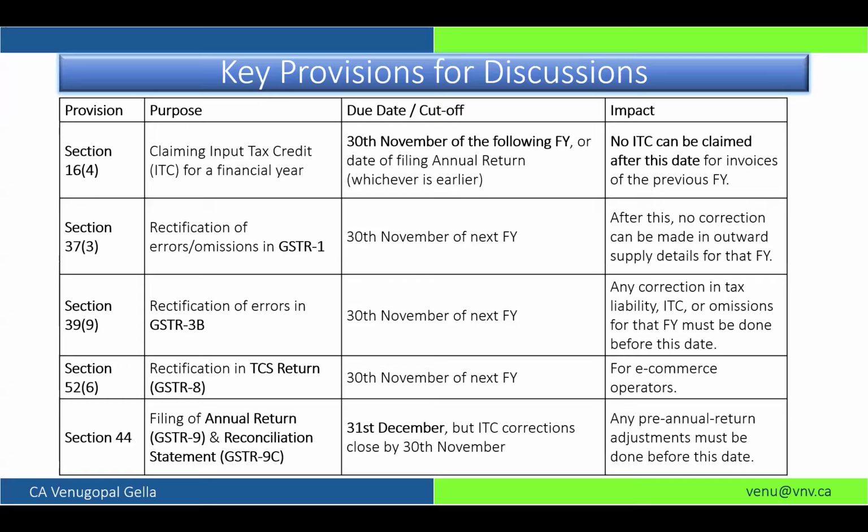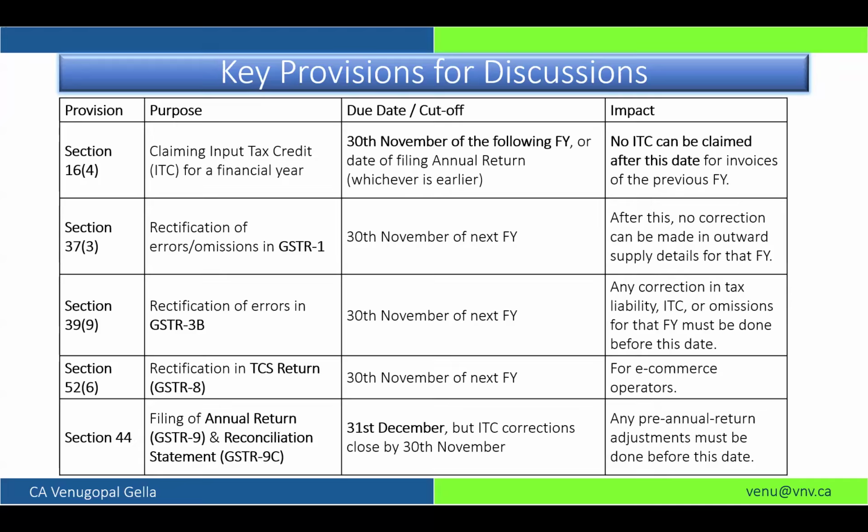A return that needs to be filed by 30th November is not the November month return, it is the October month return, because the November month return gets filed in December. That is why understanding this phrase 30th November is very crucial, and we will be looking at each aspect of it. That is why we want to set this preamble so that it is cemented.